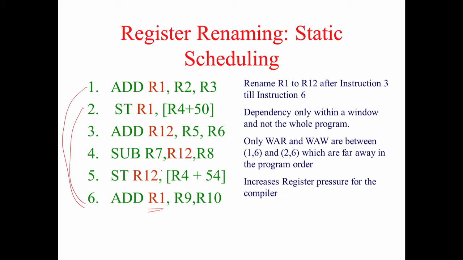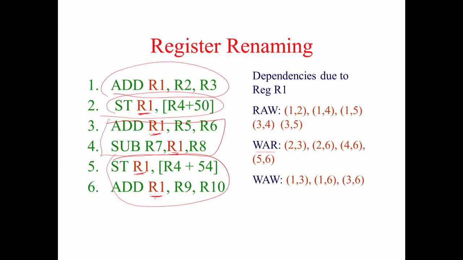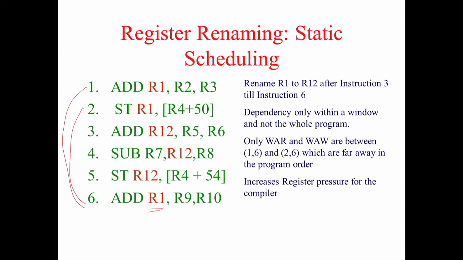From R1 I just replaced it by R12. And how did I replace it by R12? I took all the instances of R1, where R1 is getting initialized, it is getting initialized at 3, and till the next initialization of R1 I go and replace all instances of R1 with some other register name, namely 3, 4 and 5 I replace R1 with R12. The moment I do that, all the WAR and WAW that existed completely is gone.